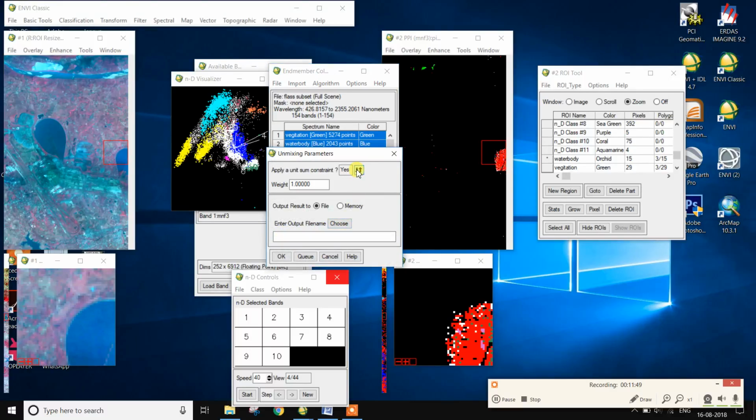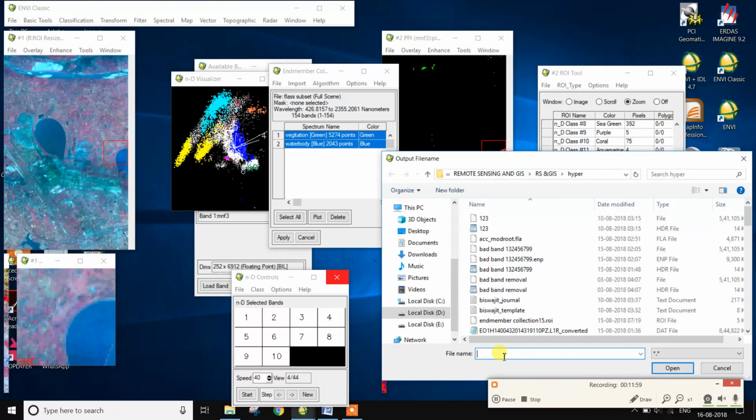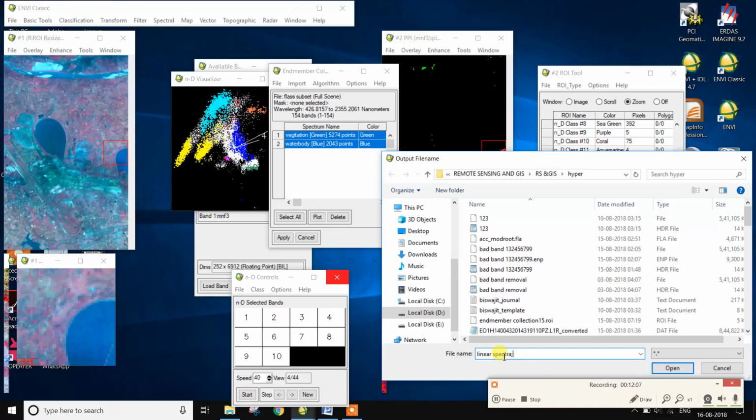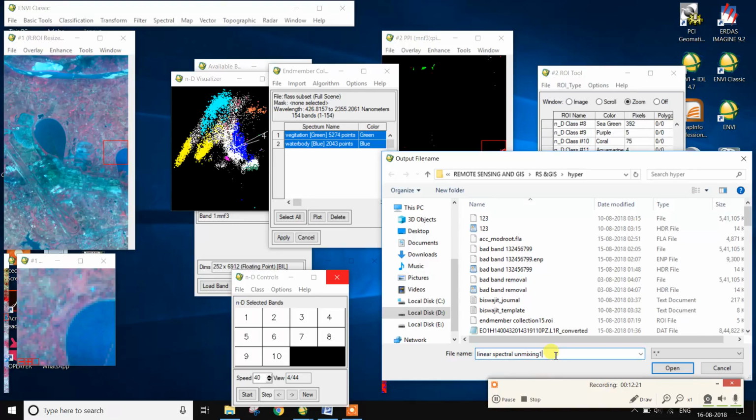So there is the unmixing parameter and output name. Inspector unmixing and okay.